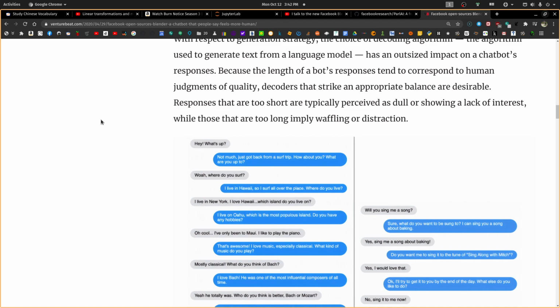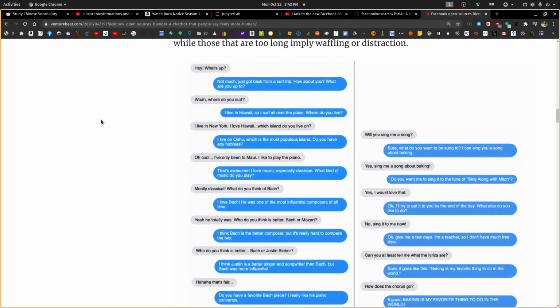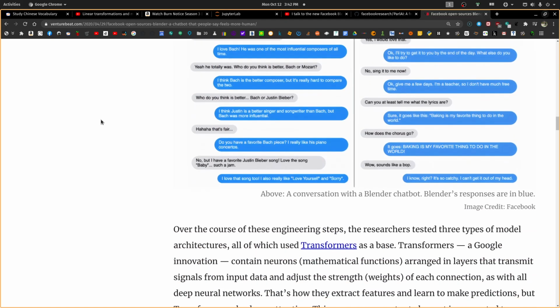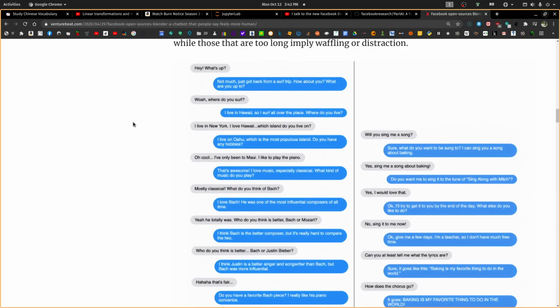And I would say that most people would not be able to guess correctly if you were to ask the question, is this a conversation with a computer or with a person? So in this case, they have been given a persona of, I guess, a surfer, but you could give it whatever personas are available. You could pick one. I don't know how difficult it is to create one. Or you can run this without a persona, and then you'd get very different kinds of responses.